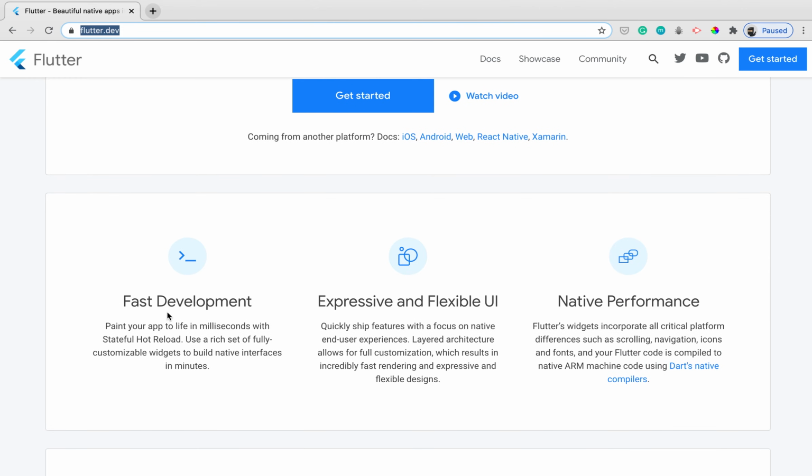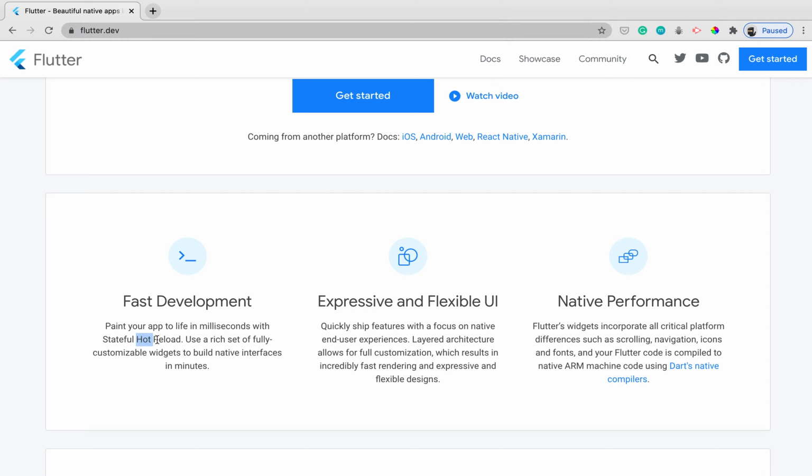So it's basically fast. What I mean by that is it's really good for UI. When you're building an app, you should save your time for reloading apps, and when you make some changes, you can see it instantly, just a click of a button. So that's what's called hot reload, and that saves a lot of time, and to be honest, building apps is time consuming in terms of runtime. So Flutter solved the problem by,